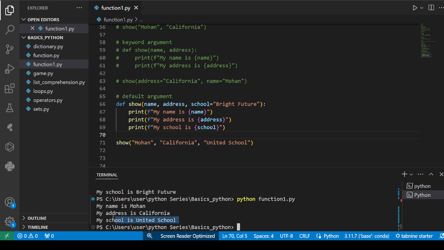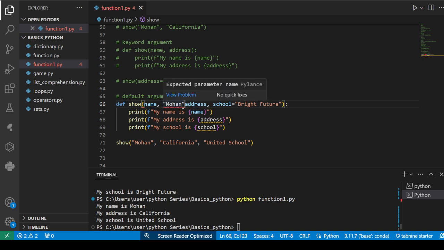Okay, so my name is Mohan, my address is California, and my school is United States United School. Here there are some rules regarding providing the default value. You cannot provide the default value over here. You need to provide the default value at the last of